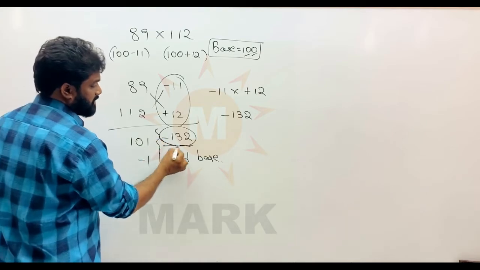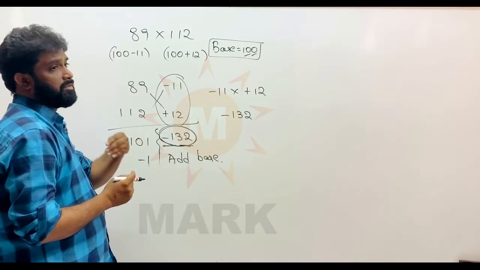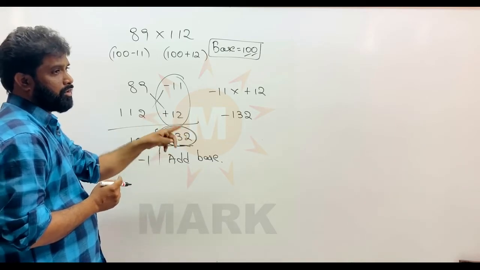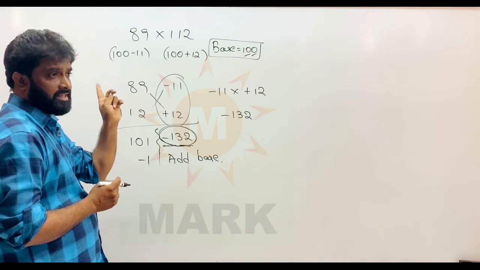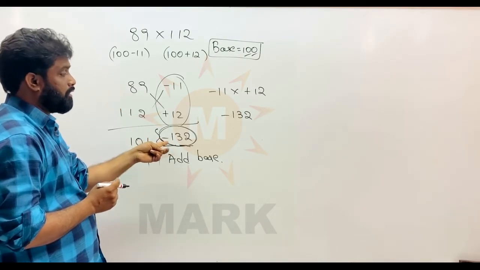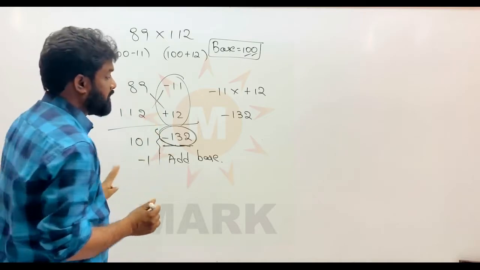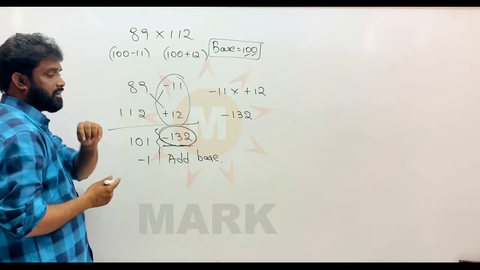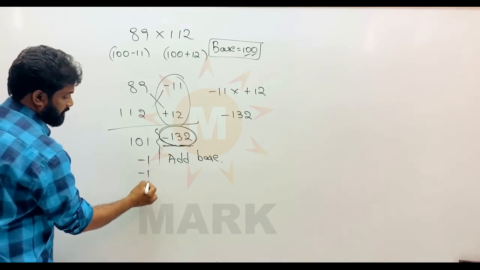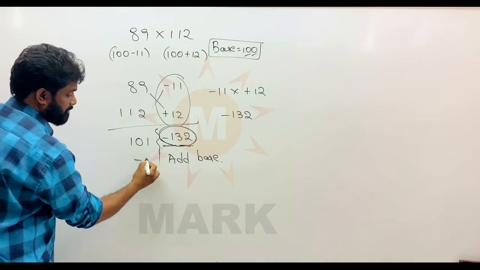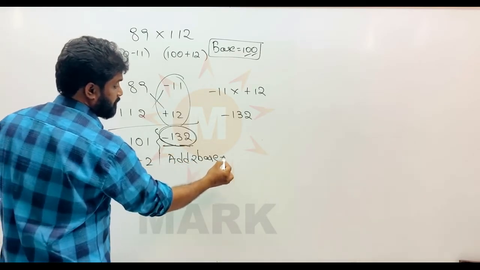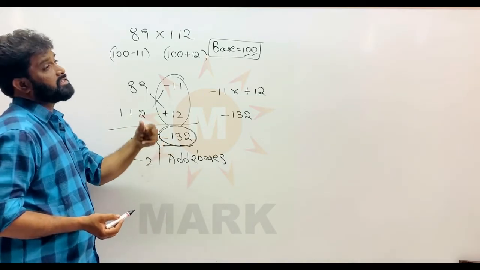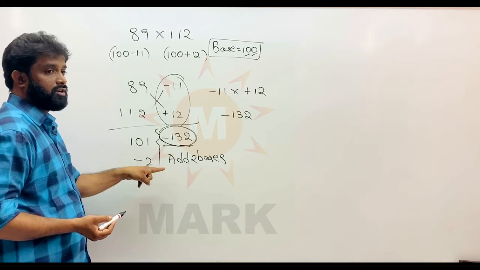So minus 132 is between the first base and the second base, that means 100 and double base, 200. In the previous case we got minus 6, which was below 100, but this is above 100. So the round figure that we get is 200. We should do this process twice: here minus 2, and here add 2 bases. Why do we double the process? Because this number is between 100 and 200.